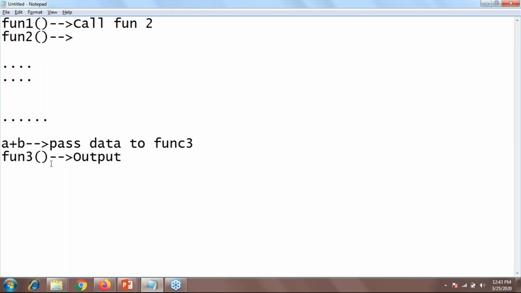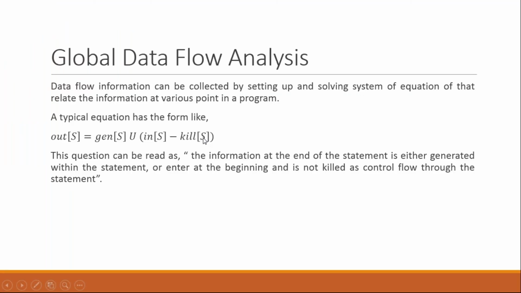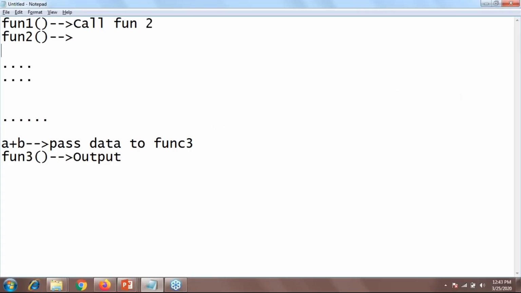So in that case, I'm going to eliminate these two sentences. That type of sentence is going to be killed by my statement, that kill. So the input sentences are 1, 2, 3, 4, 5, 6, 7, and say for example I have 10 sentences. Out of 10, if I remove 2 sentences, then the generated statements are a total of 8, right? And the output is going to be generated by function 3.